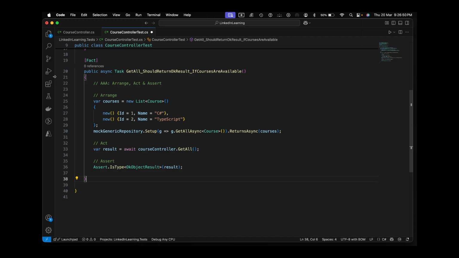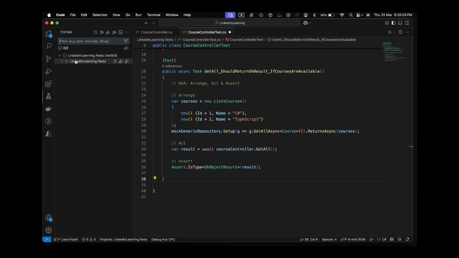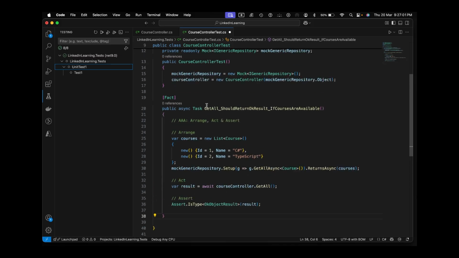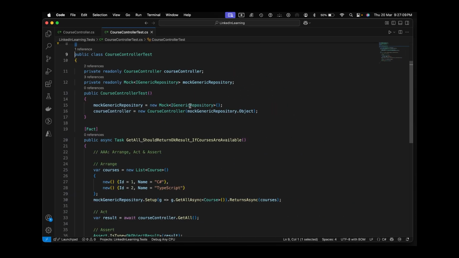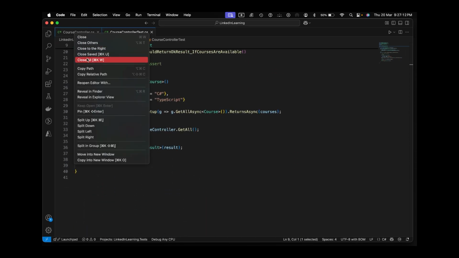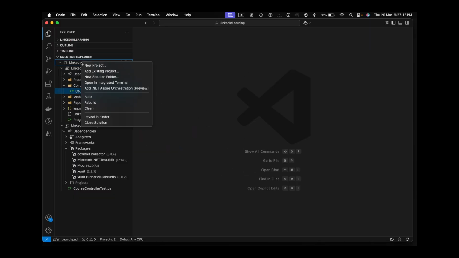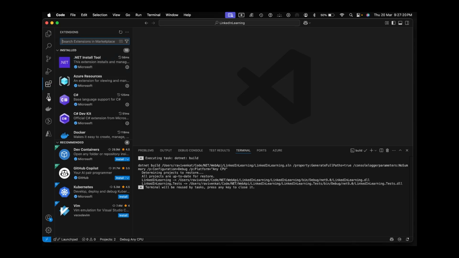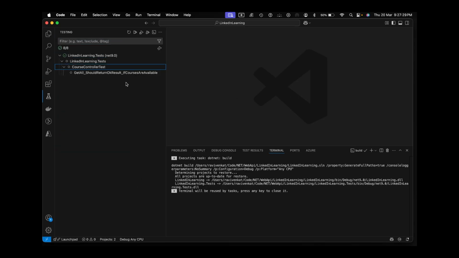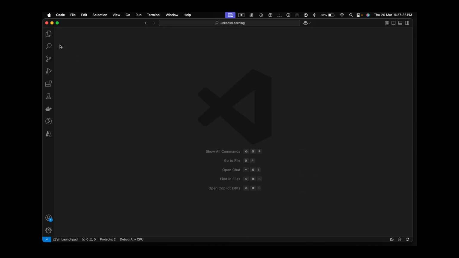Okay, I'll come here. You see I have LinkedIn learning.test. Expand this one. I'll save this. Right click on this one. Close. I'm gonna build it again. So you see the latest method name, course controller test. It all should return okay result if courses are available. Close this one. I'll go back to